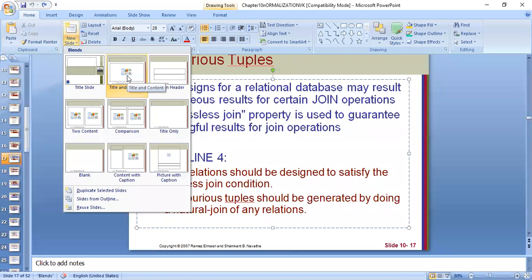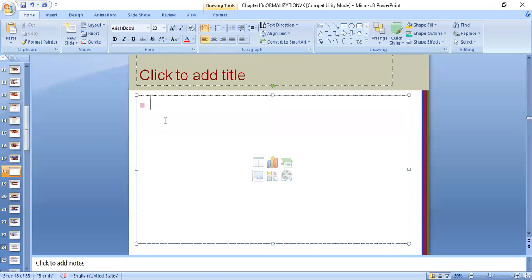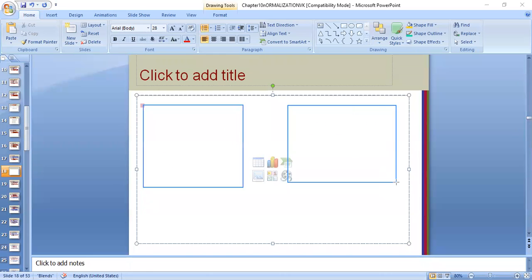Suppose now I have a table here. Assume that these are the records. So here there is one table and here there is another table.